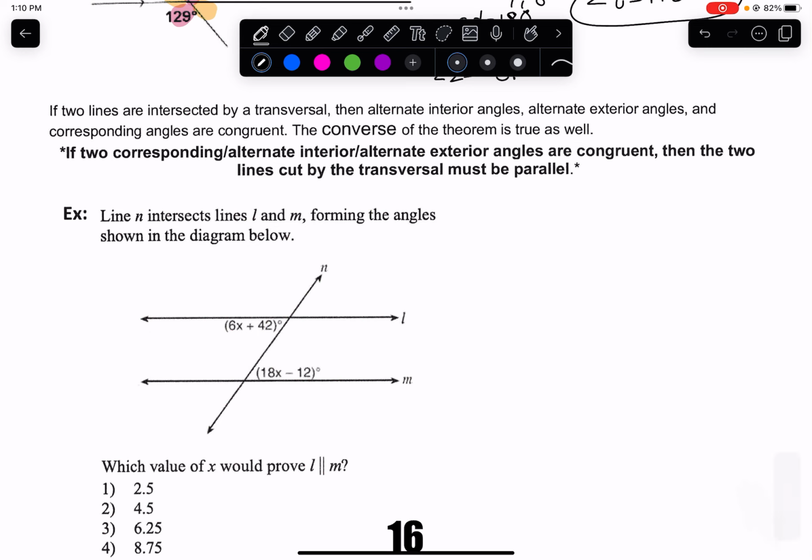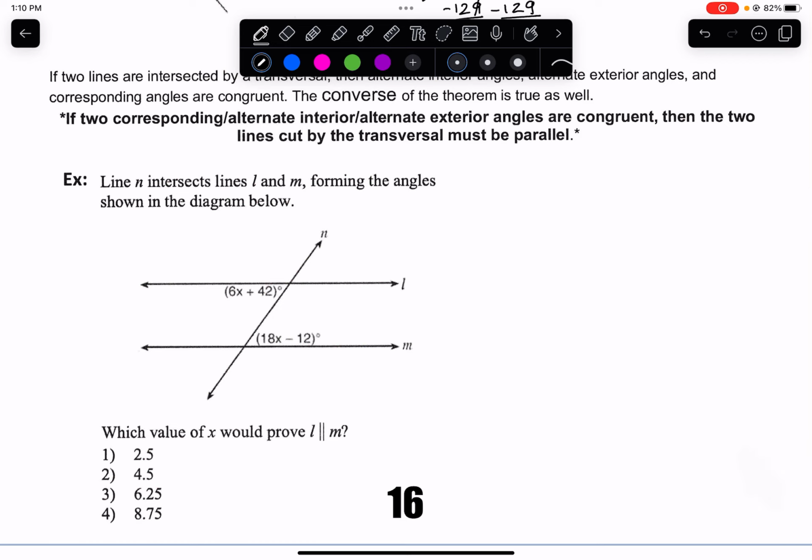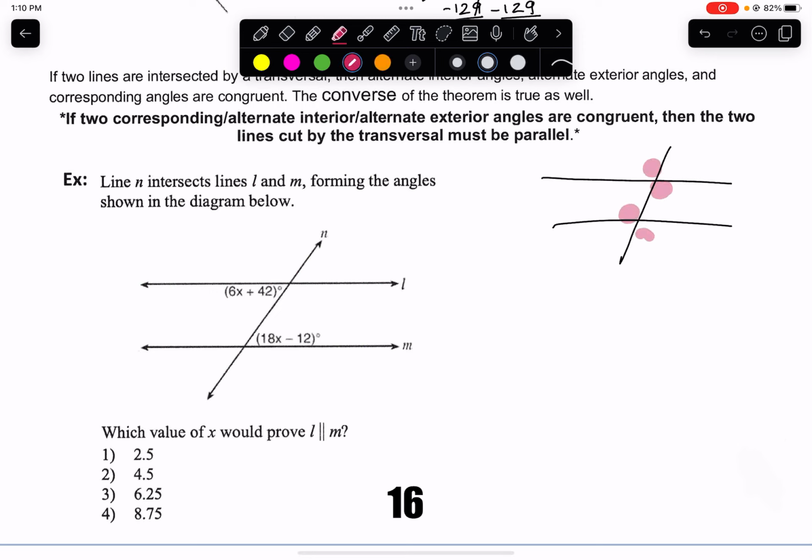So now, if two lines are intersected, we know the congruent angles, we know the pattern. The other side is that if we can show that the angles are congruent, right? So if I can show that this pattern holds in one of the cases, right? If I can show that these two are congruent, then I can say that the lines are parallel. So if we look here,